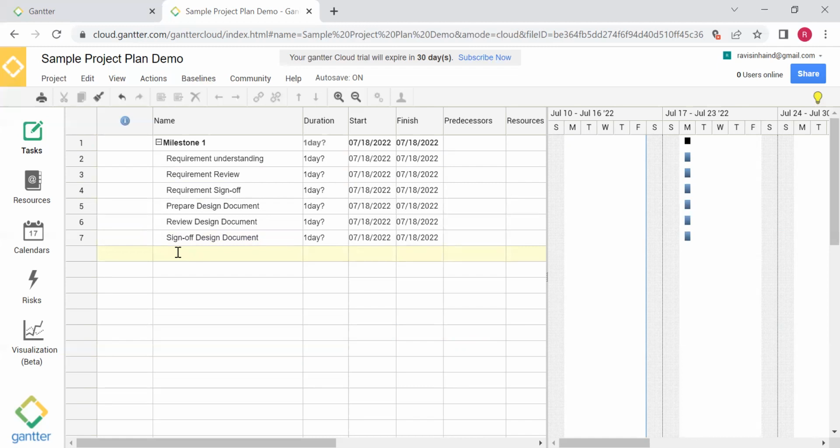Then we have development to start. So development for requirement,